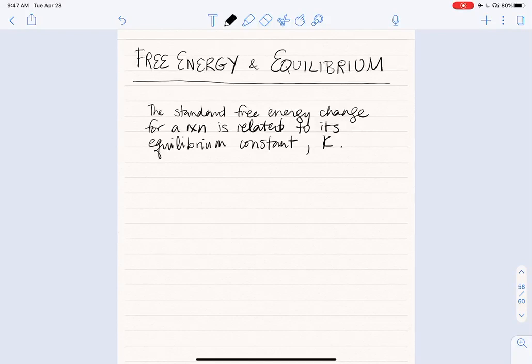All right, so now I want to talk about the relationship between free energy and the equilibrium constant K. They're really two ways of talking about the same thing, and I alluded to this in previous lectures. But the standard free energy change for a reaction, delta G naught of a reaction, is related to the equilibrium constant K. There's an equation that is very useful that interrelates them through a couple of constants. Delta G naught is equal to negative RT times the natural log of the